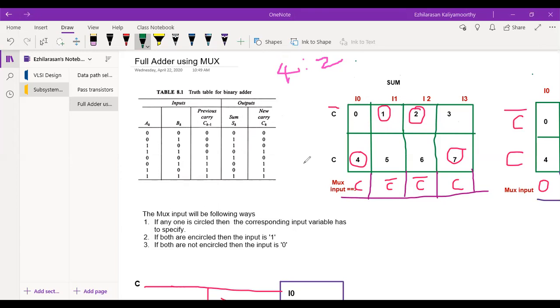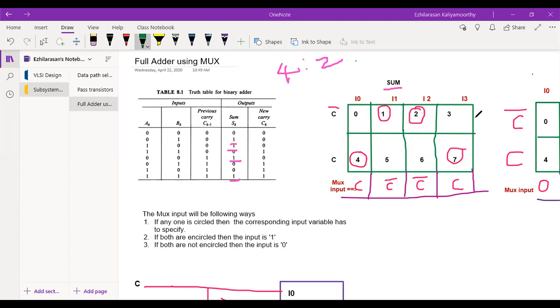Now here, just put the input combinations in the full adder. Totally 8 combinations are there. I'm just writing the numbers, the binary numbers, right? The equivalent decimal values 0, 1, 2, 3, 4, 5, 6, 7. Now first I'm going to find out for sum. Wherever I'm getting sum equal to 1, only these places. Now check the corresponding binary numbers. I get sum equal to 1 for 0, 0, 1. Next 0, 1, 0. Next 1, 0, 0. Next 1, 1, 1. For all these 4 cases, sum is equal to 1.